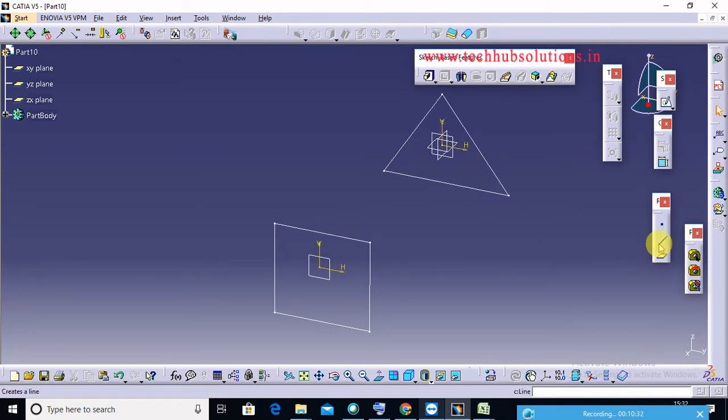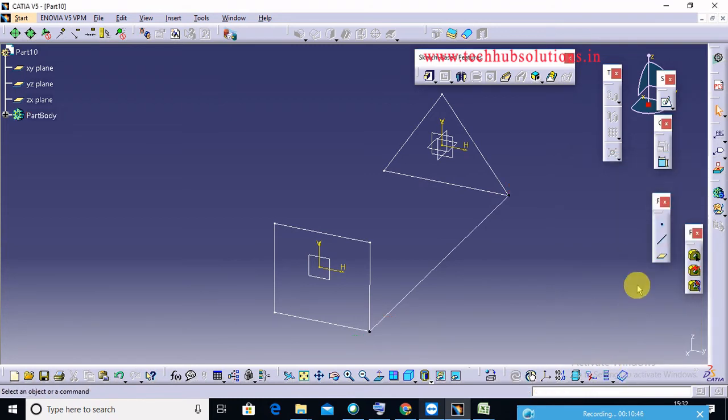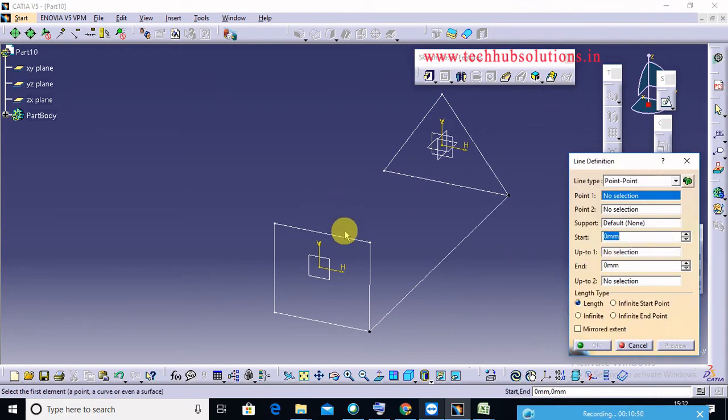Then how to draw a line without entering the sketch option. So go to the line here, that is the reference element line. Suppose first select this point and select that point, then okay, so line will be created here. In CATIA, just double click on the line for multiple use at a time.